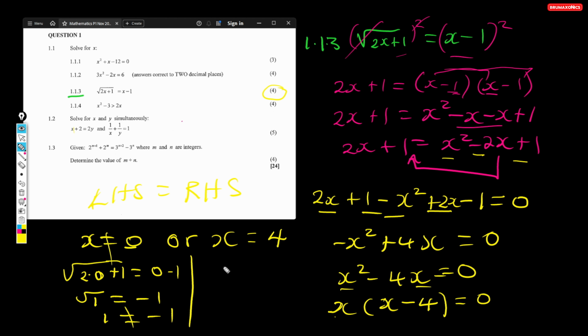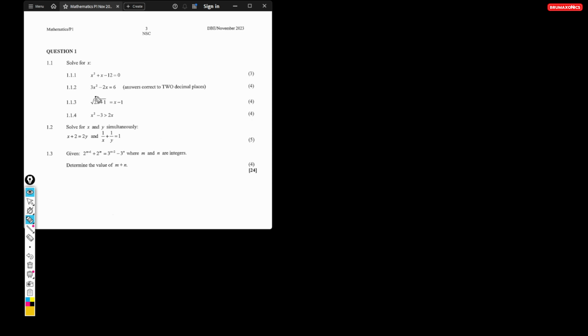Okay, so then let's try 4. So then the square root of 4 times 2, which is 8, plus 1, equals 4 minus 1. The square root of 9 will be 3, and then equals 3. So meaning that this is correct. So now we are going to complete